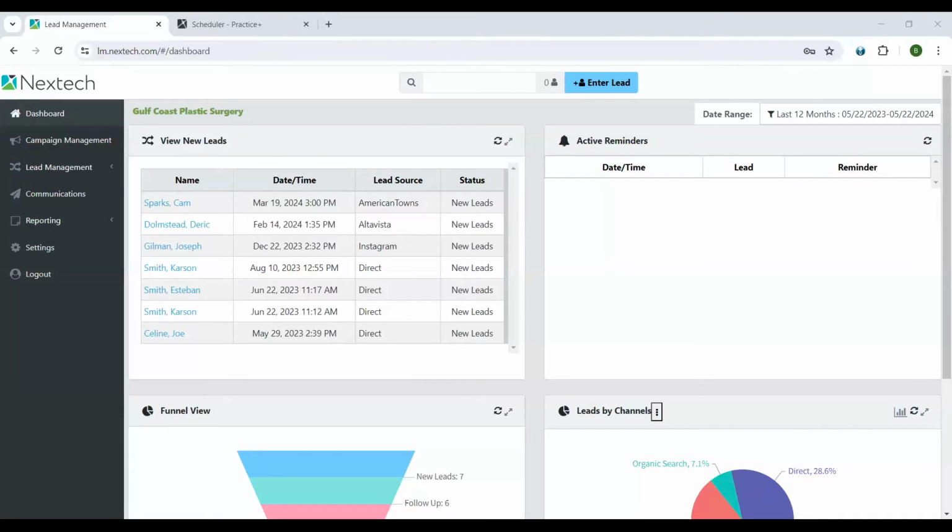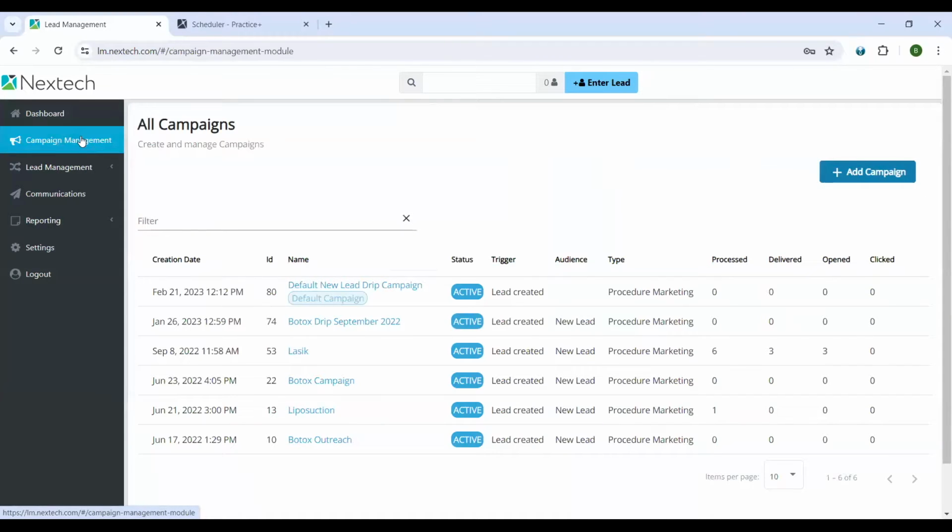Hey there, let's talk about some of the new features that came to the Nextech solution. First, starting with Nextech Lead Management, and that's going to be delivery stats for your email campaigns. What we'll find is if we go into the campaign management tool, there's now the option of seeing on the right-hand side those campaigns that have processed emails, delivered emails, opened, and clicked emails as well, so built right into